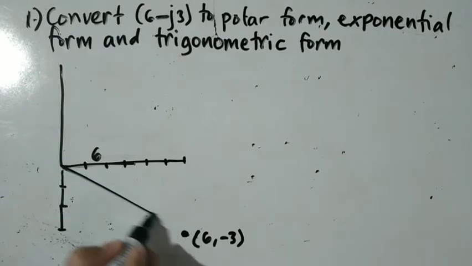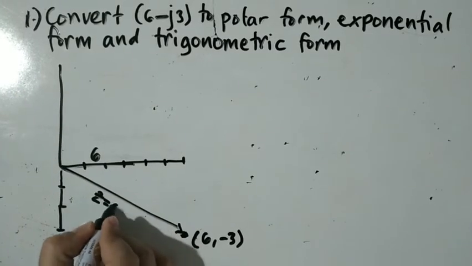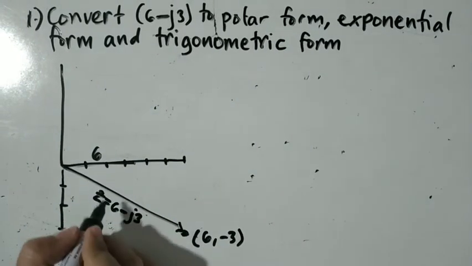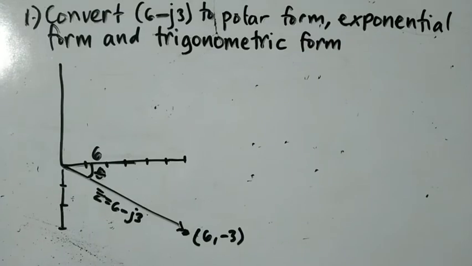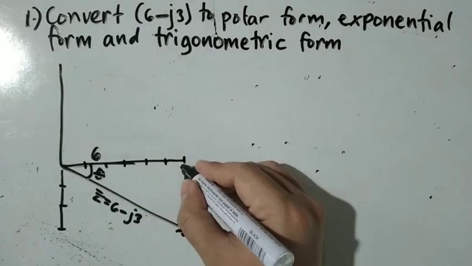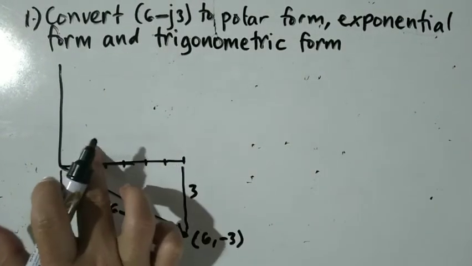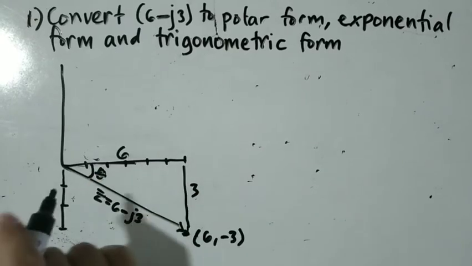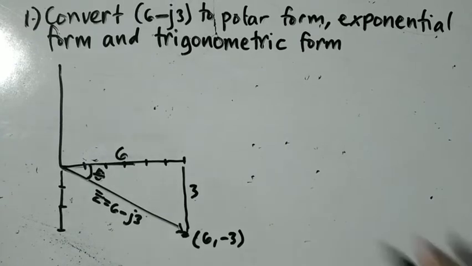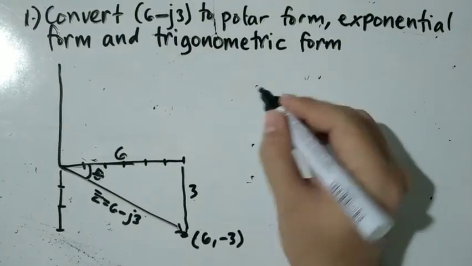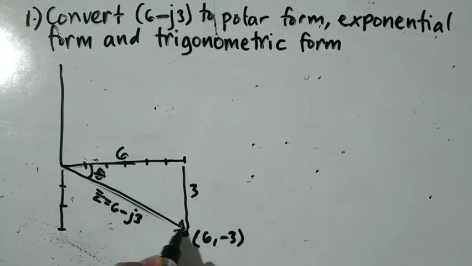So this line represents the complex number 6 minus j3. Okay, we can form here the angle theta in order to obtain the polar equivalent. So this is 3 units here, the side opposite, and 6 units for the adjacent side. So first what we will do is we use the Pythagorean theorem in order to get our